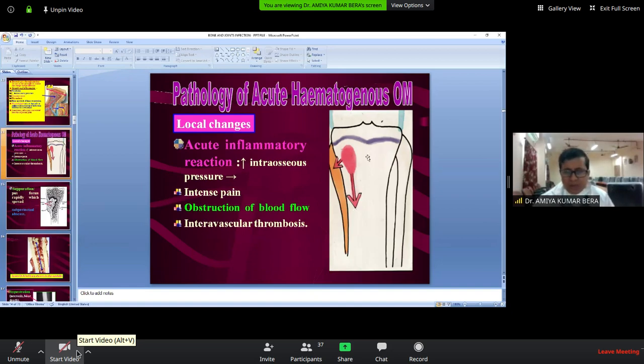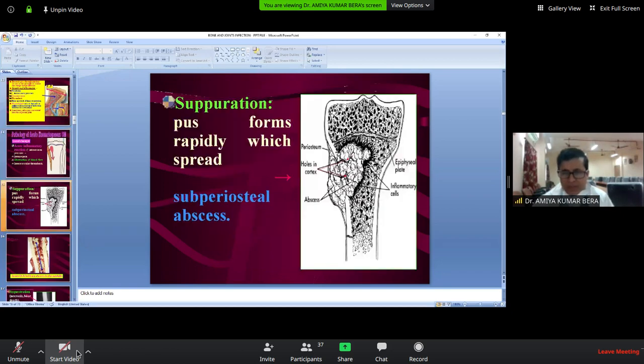Therefore, suppuration occurs mostly in the subperiosteal region, at the junction of the epiphysis and the metaphyseal region. There will be overlying swelling, pain, redness. Along with that, the nearby muscles will go into spasm to prevent movement, so that pain becomes less. Joint movement will be less, and there will be stiffness. There may be some sympathetic effusion of the joint.